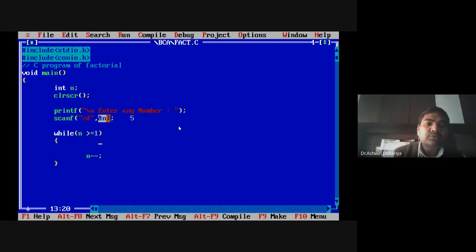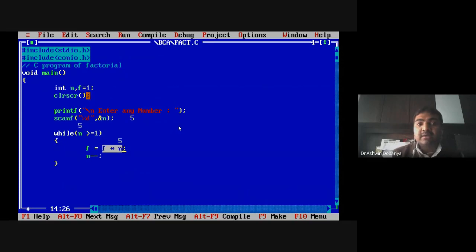But what I have to do? I have to multiply. So for that I will declare one variable as 1. See, if I want to calculate the sum, then generally I declare sum is equal to 0. If I want to calculate the multiplication of the same value, then I will declare the variable with 1, because first time whenever you multiply, f multiplied by n, we know that the value of n is 5. So n is 5, and here we have to perform multiplication.